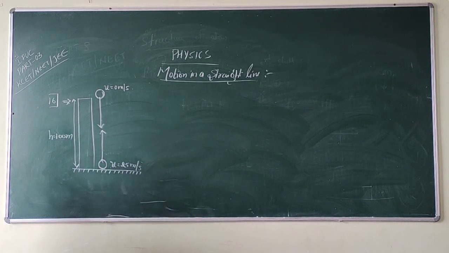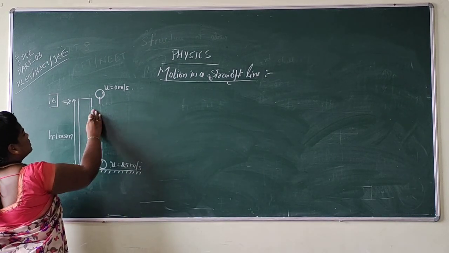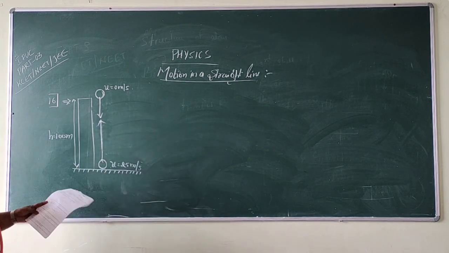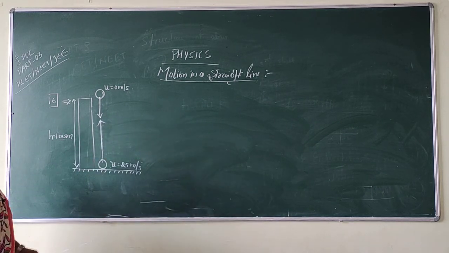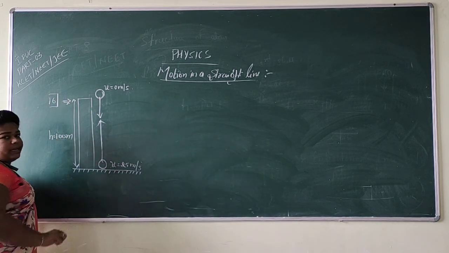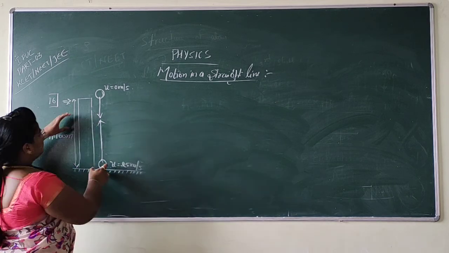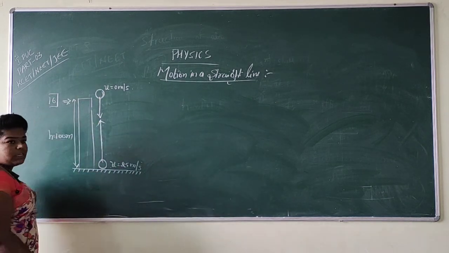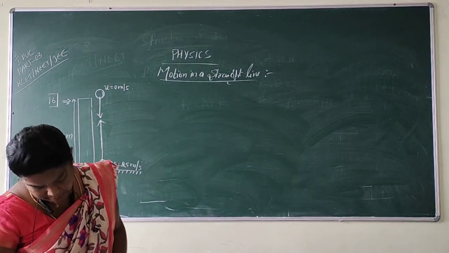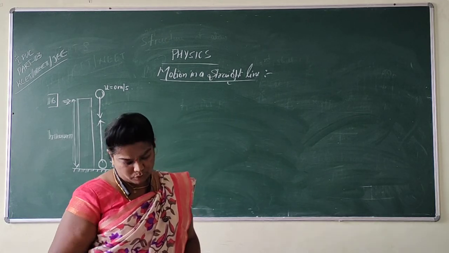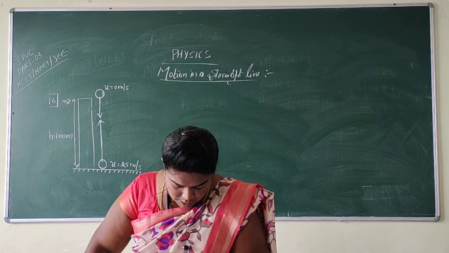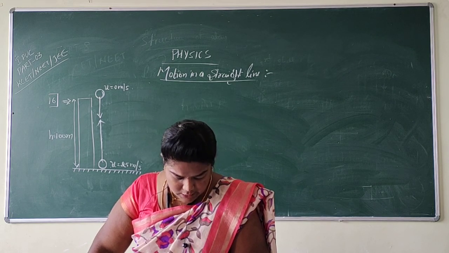See my dear students, both these stones are moving, but I don't know exactly at what distance they are going to meet. One stone is moving downward, and another stone is thrown vertically upward, so at some time both the stones are going to cross and meet each other. So what is that time? The options are like this: option 1 is 4 seconds, option 2 is 0.4 second, option 3 is 0.04 second, and option 4 is